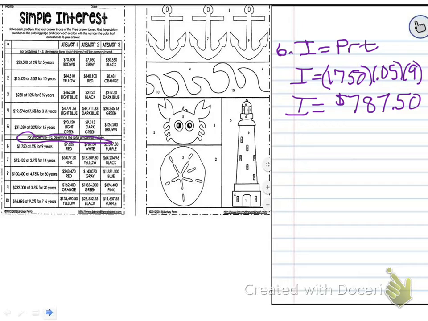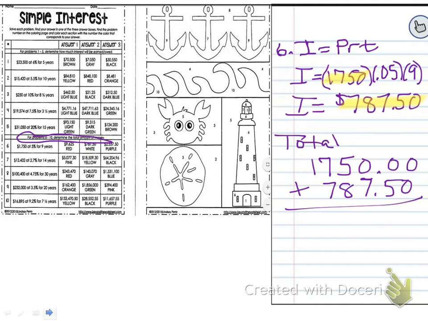$787.50. And you notice on number 6, that is answer number 2, but that's not the correct answer because we're not done. Now, to get the total, and what we mean by total, if you borrow, let's say you borrow $1,750 from the bank, but then over 9 years, you're going to have to pay back the interest. So you have to pay back your principal amount, plus you have to pay back your interest. This is going to be a lot of money to pay back. And then once you add those together,